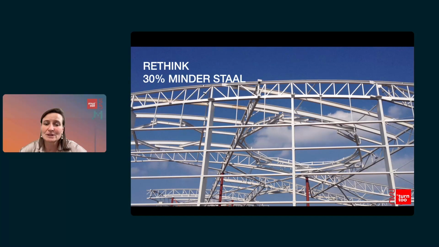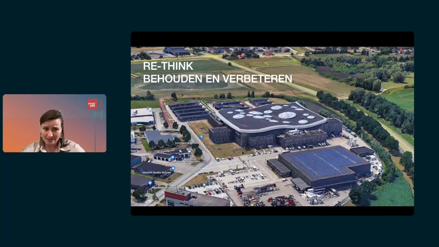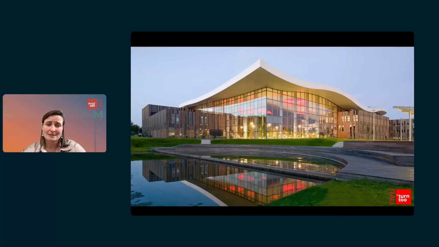And what it did was save more than 30% of the steel we needed for this construction. And yes, like a Kermis attraction, a fun fair attraction, you can dismantle it and reconstruct it again and again. So what you see here is in fact the building which I just showed you with this roof, and this is how it looks from the outside.